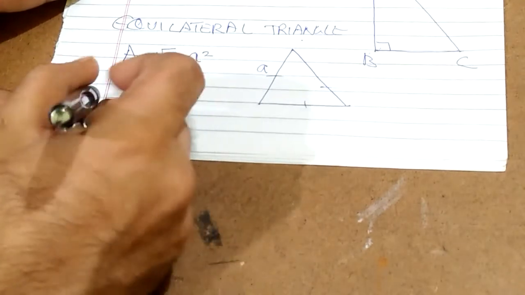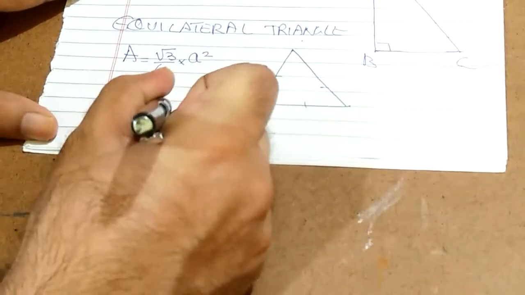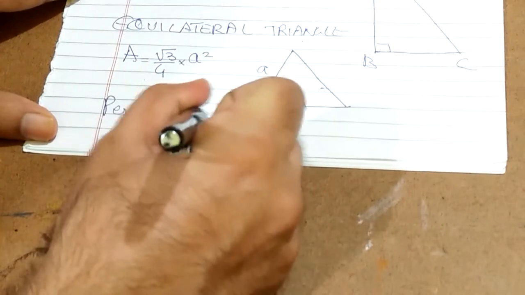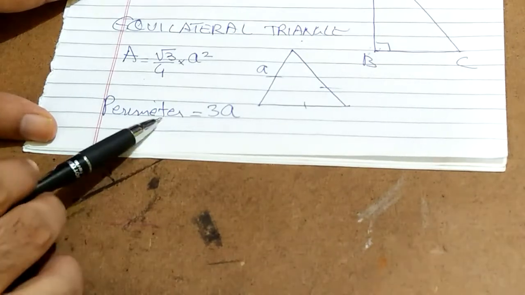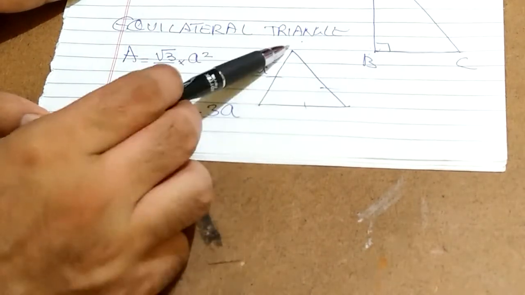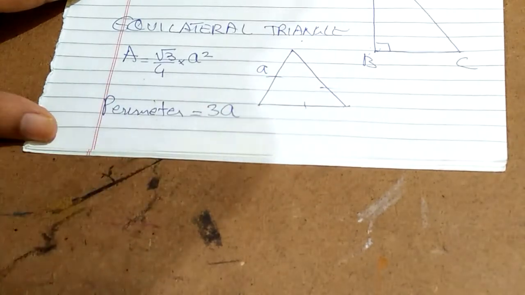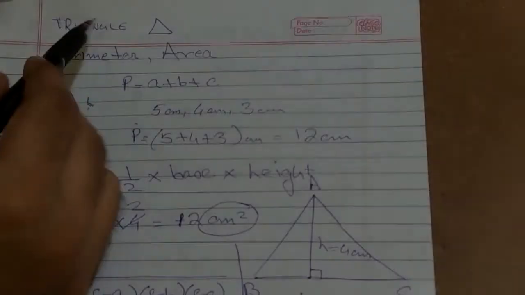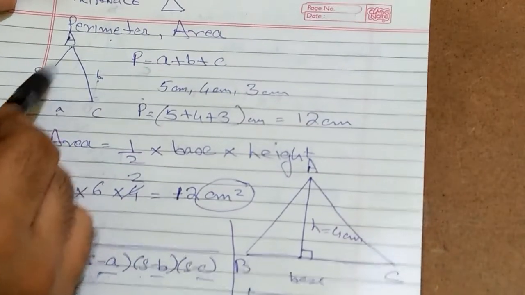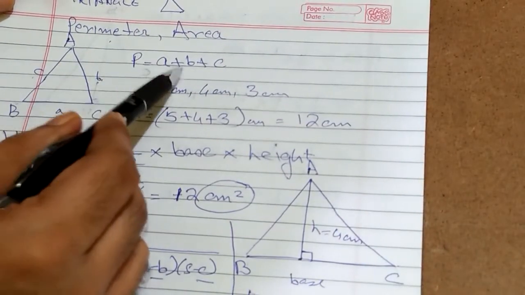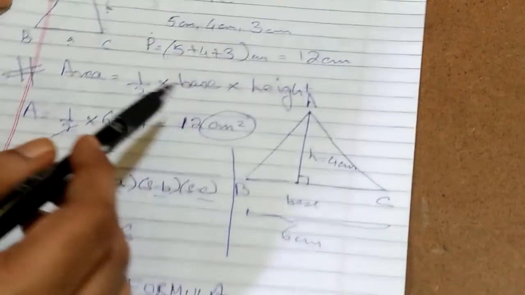And perimeter is even simpler. Perimeter is equal to thrice of a. Okay, perimeter is thrice of a, that is, this is a, this is a, this is a. So you simply multiply the side by a and you get the perimeter. In a triangle, you have to know perimeter and area. Okay, perimeter is the sum of the boundaries, so this gives you a plus b plus c if this is a triangle which has three sides. So you get the boundaries.